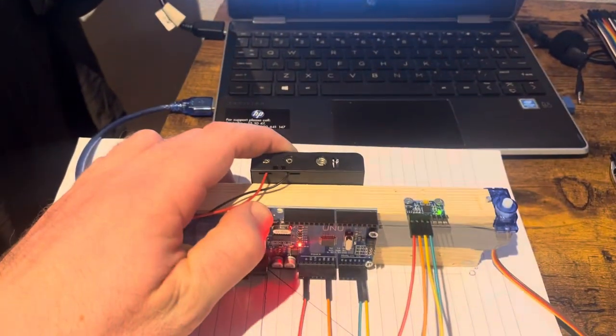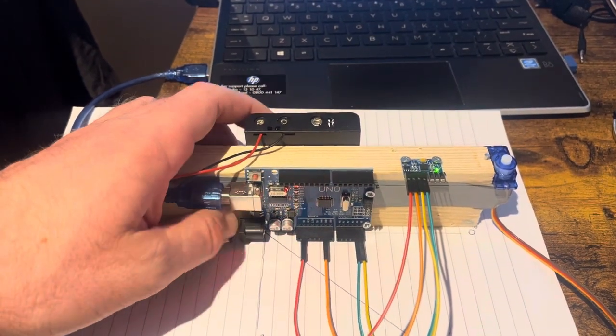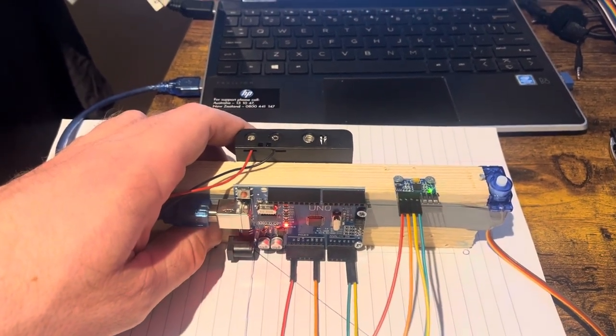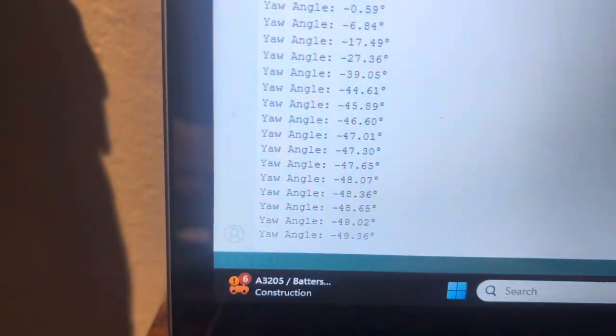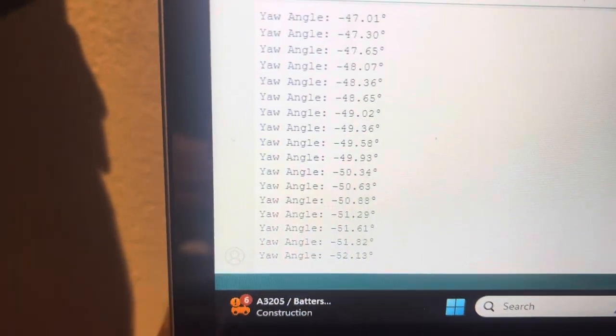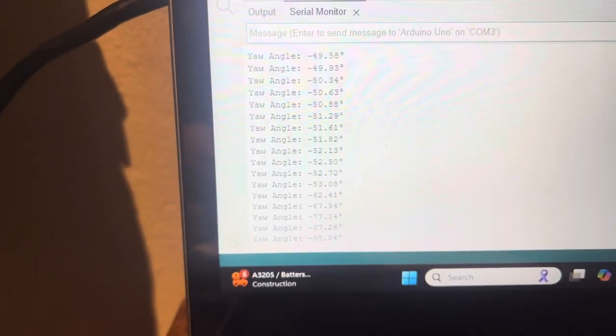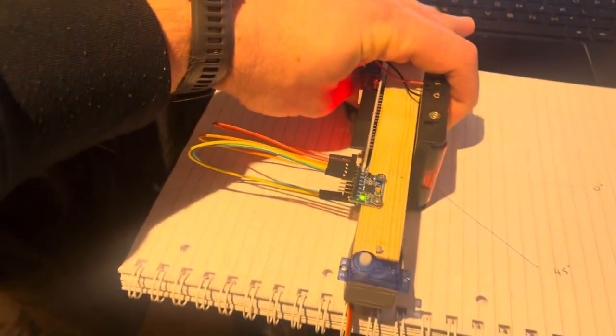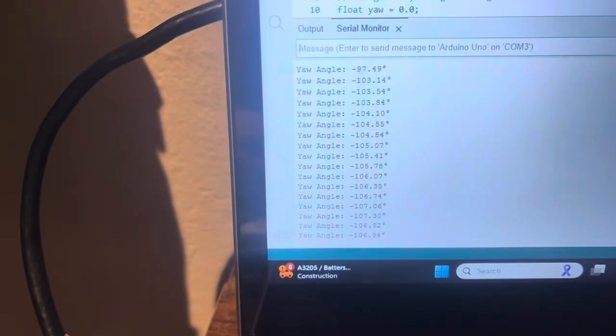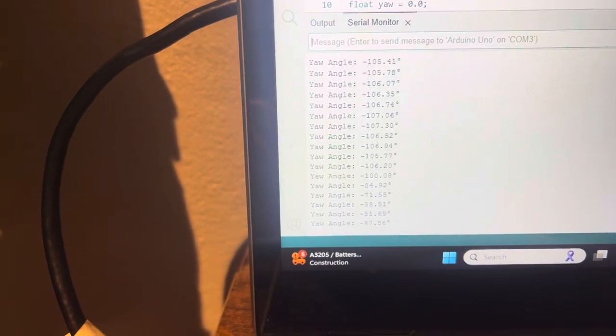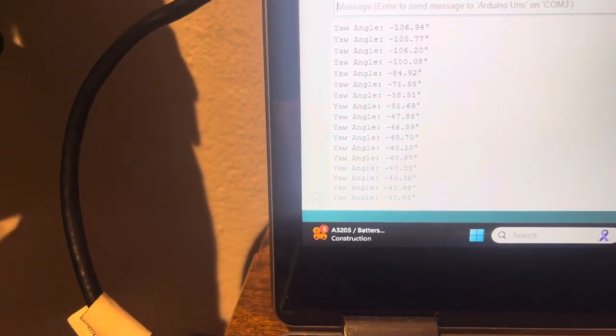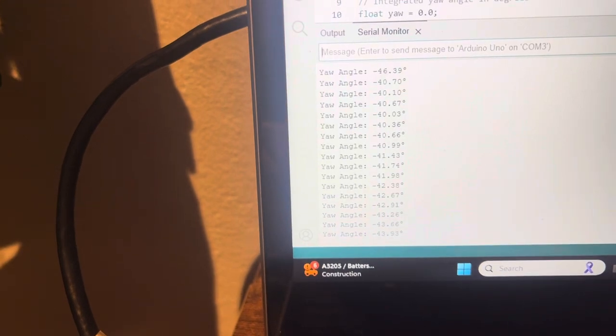So if I hit the reset button here and move it 45 degrees, it hits 45 before it starts taking off again. And then I'll rotate it around to 90. And then if I take it back to where it began, it sits at about 40, which is just showing the amount of drift. So just to show that again,